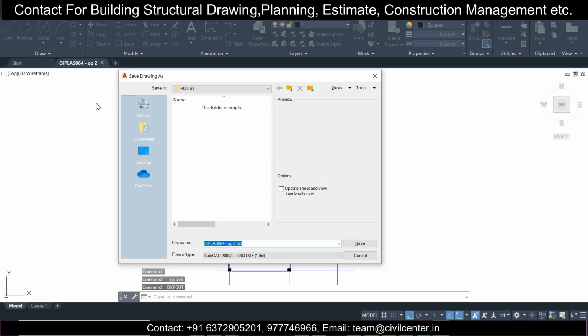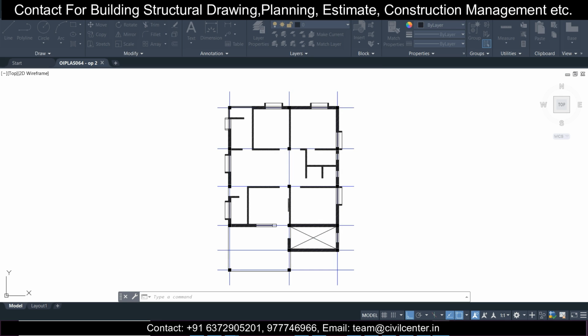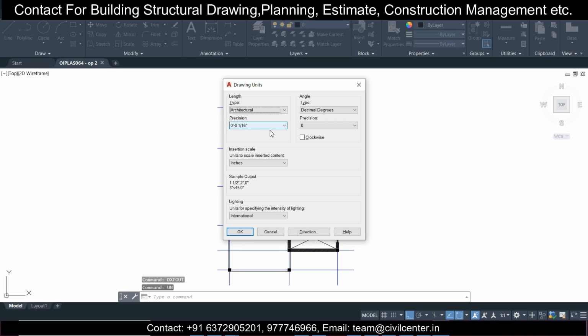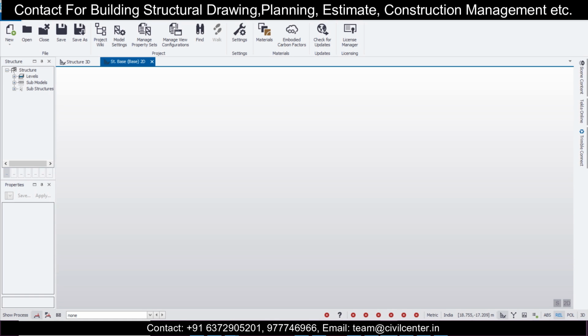The file is in feet and inches, mind you, so here we'll save it as a DXF file. CL, I'll just name it as my favorite term for the centerline diagram in Tekla. Just name it CL, and you can see the unit here. The unit is feet and inches, so it is architectural, and the unit is in inches. So we have to take care of that now in Tekla Structural Designer.